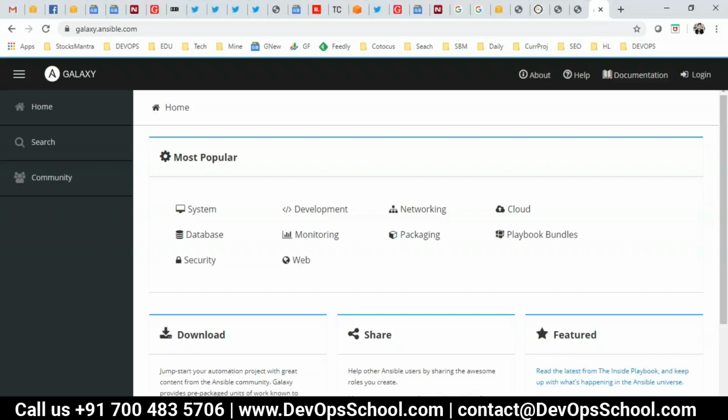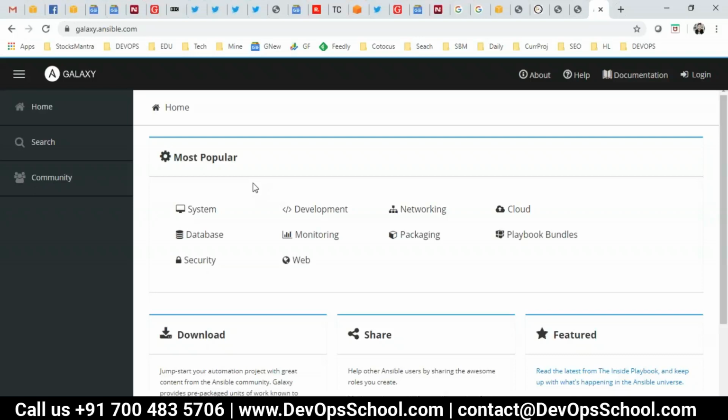If you search on GitHub, there are hundreds and hundreds of modules, free of cost, written in different languages. Some of the modules are not supported by Ansible, so you can find them on GitHub. But at the same time, thousands of modules and thousands of roles are available on this portal. Many roles have been written by the Red Hat team, the Ansible team, and many roles have been written and shared by the community, people like you and me.